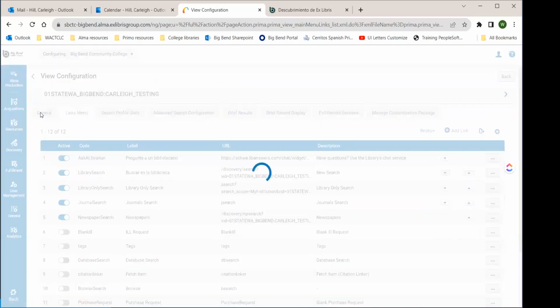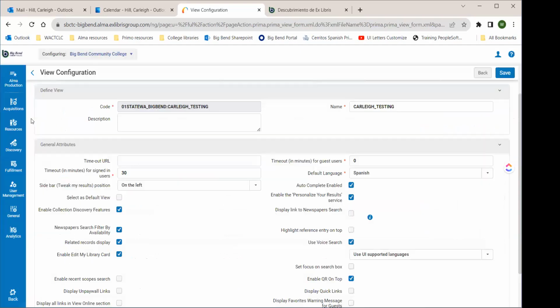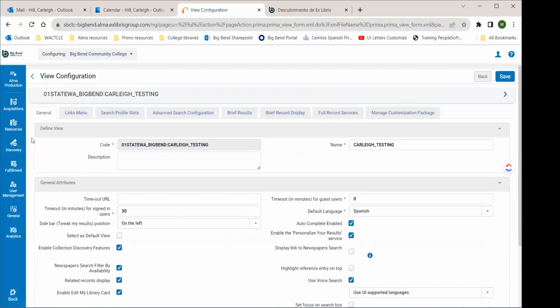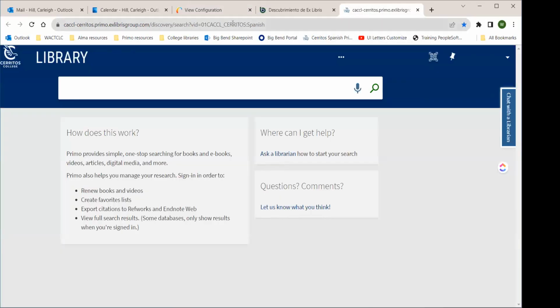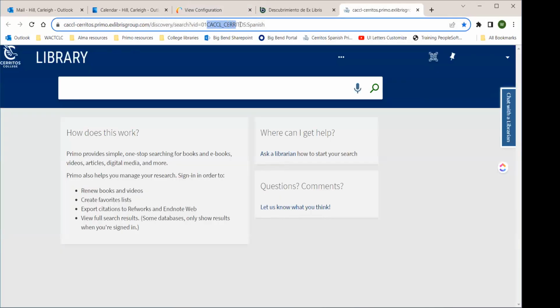But yeah, it's a really fantastic service to provide for our students, and it requires fairly minimal effort. I mean, Google Translate can help you out with the links menu. I also have this community college in California that has, see, they've just labeled theirs